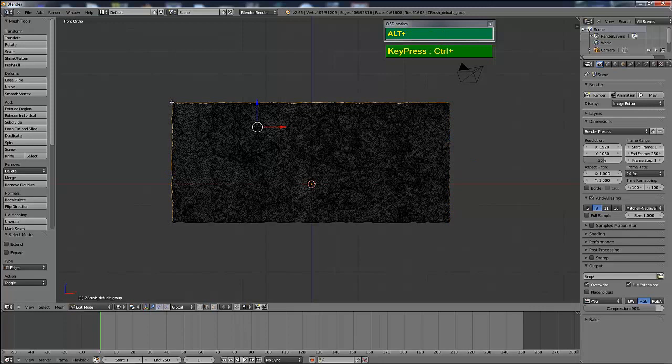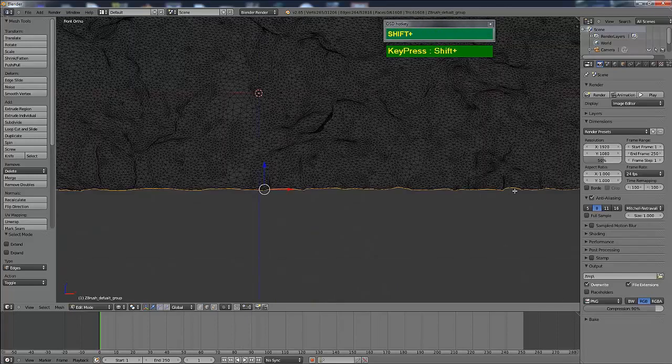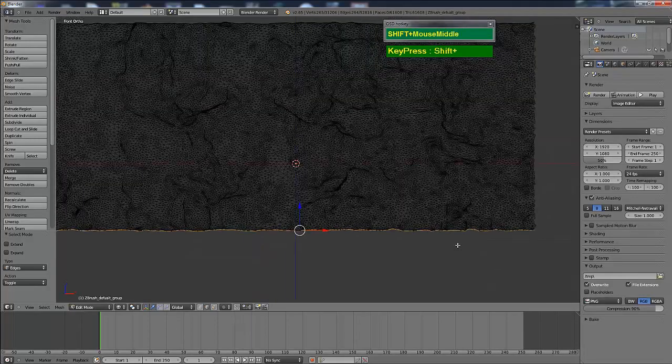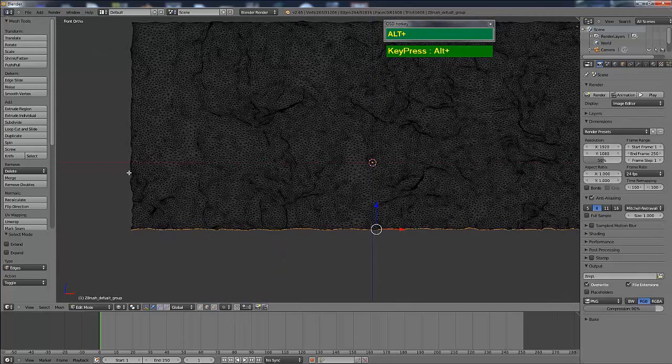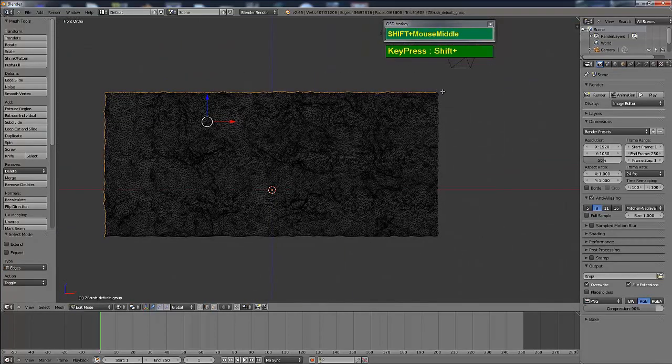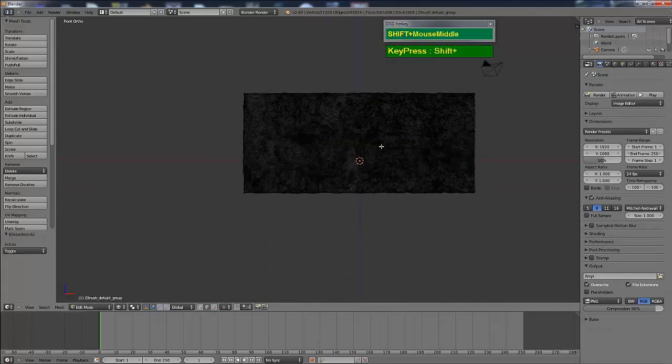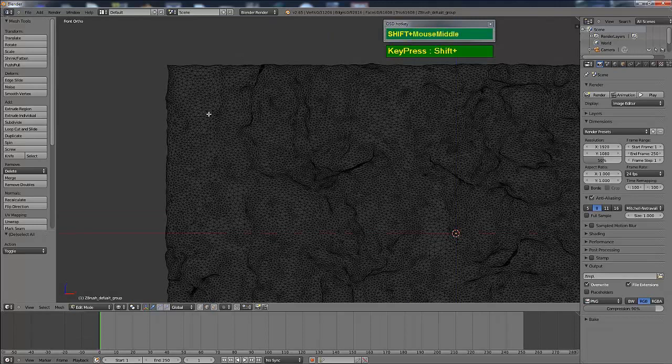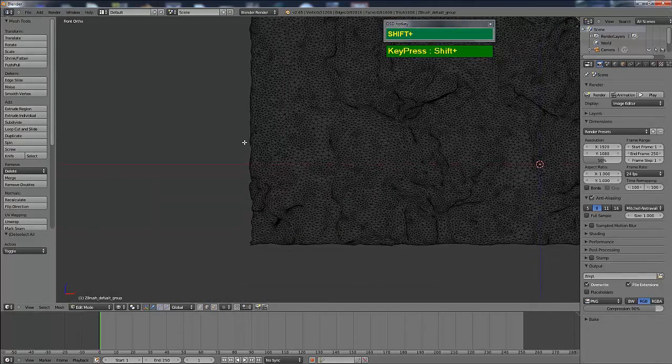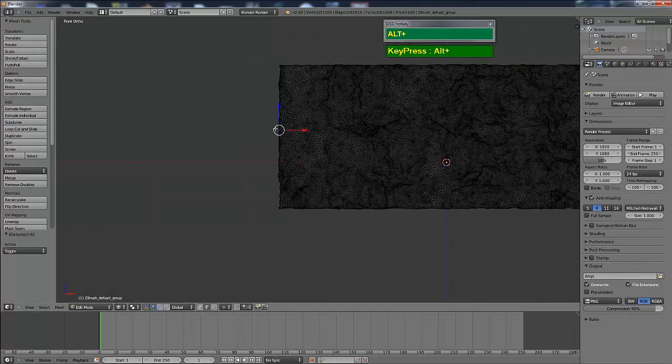The most important thing is you need to have an edge that goes from here to here, from one side to the end. Alright, so what I did was to hold down the Alt and right mouse click close to the edge. Okay, you might need to shift a bit, and you will continuously select this edge loop that runs across. Okay, so this is fine for me, but right now I need to adjust this edge. Hold down the Alt, right mouse click to select the edge here.